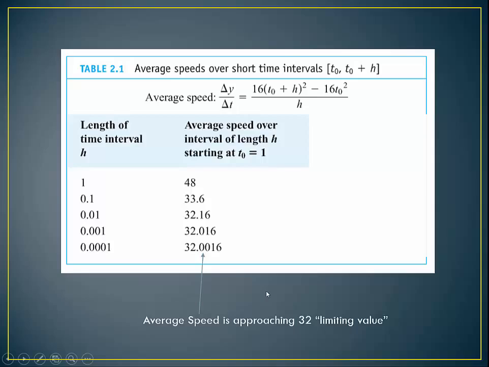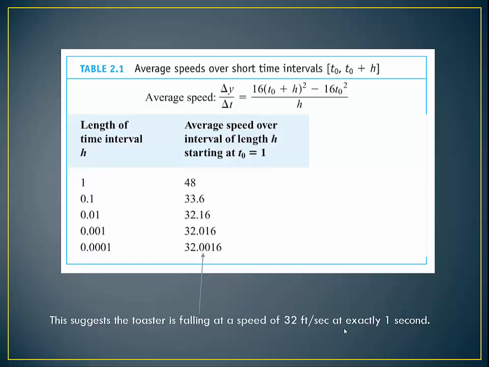Okay, so my 32 feet per second, because as I'm letting h get smaller and smaller and smaller, I'm letting it approach 0, then the value of my function is also approaching a value, and that's what we call the limiting value. So this suggests the toaster is falling at a speed of 32 feet per second at exactly 1